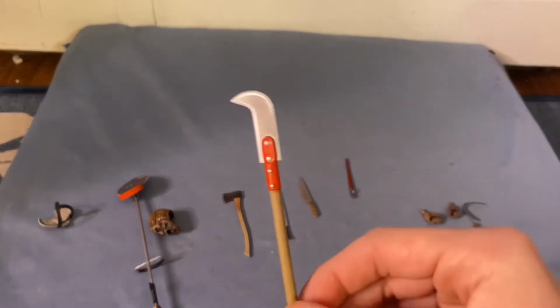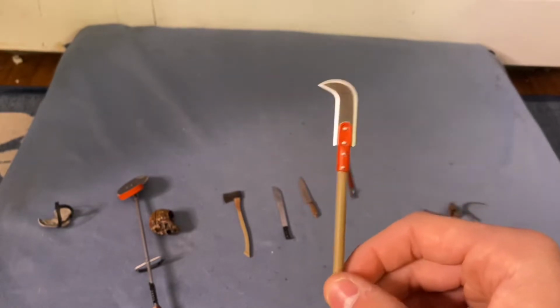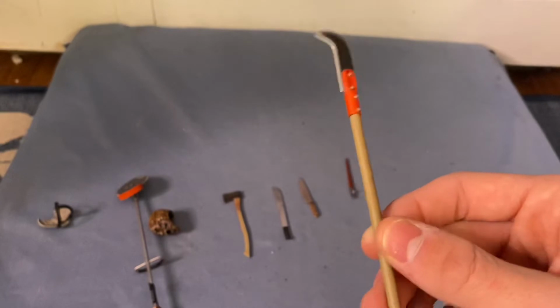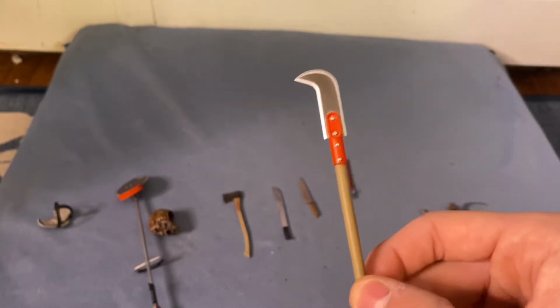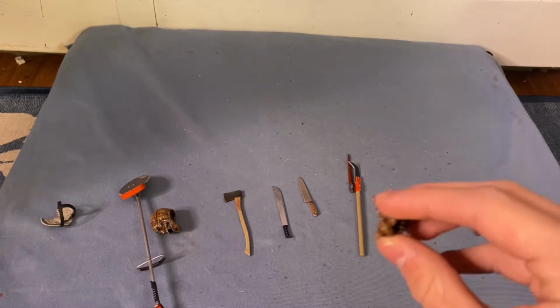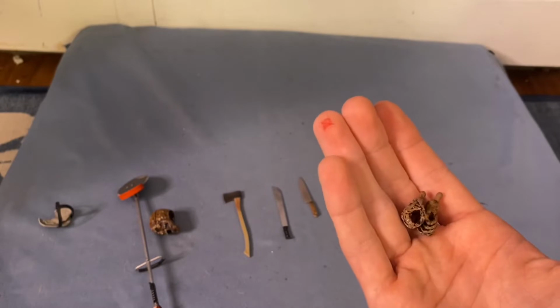Then you got this. There's so many freaking weapons that this guy has in this movie alone. Like, I don't know what this is either. Look at this thing. Is it an ice pick? Some crazy weapons. Got his alternate hands as well for if you want to have him holding some of those weapons. Oh yeah, and this, by the way,